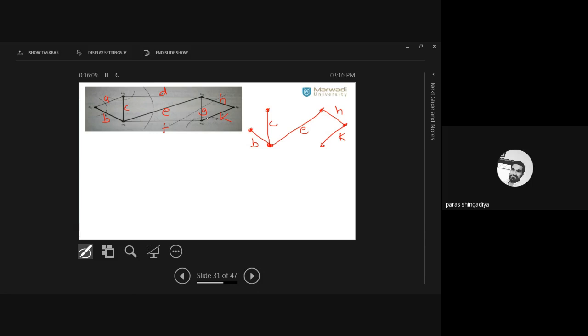I can also use a different graph in place of that, so we'll get a different answer. But as per this answer, we can also find some answer. Clear? So as per this graph, now we'll derive the fundamental cut set.